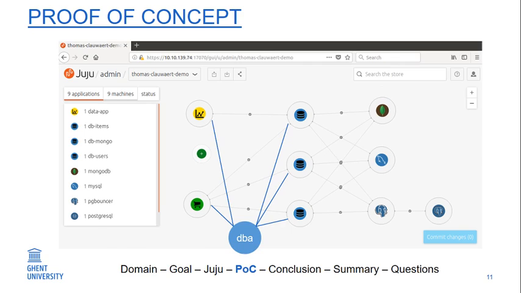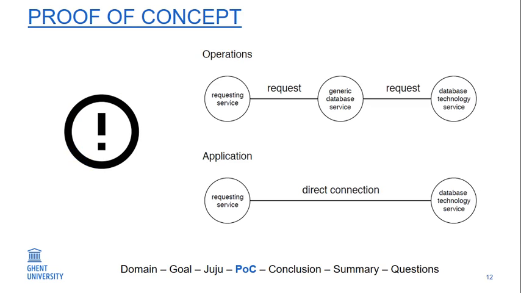All right. So I want to get back to the beginning of my presentation. I talked about how important it was to keep in mind that we're talking about operations and system administration. Well, here we are again. The operations side uses the generic database service and it uses the underlying relations. But from the application's point of view and even from the database point of view, once everything is done, the connection that's made by the application is direct. It's one and the same.